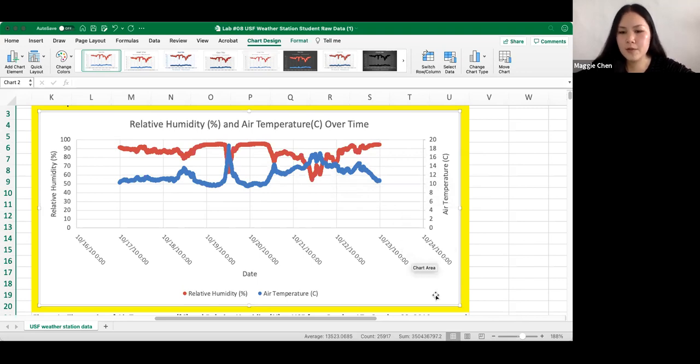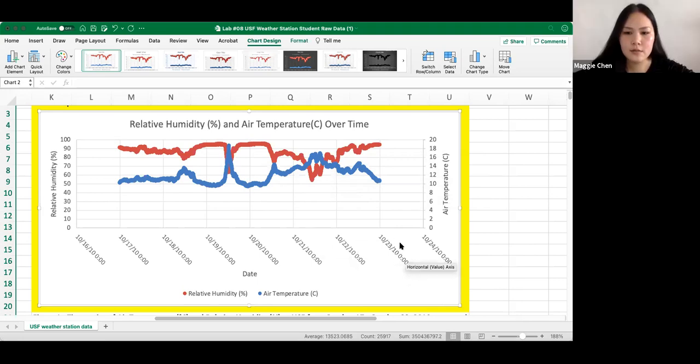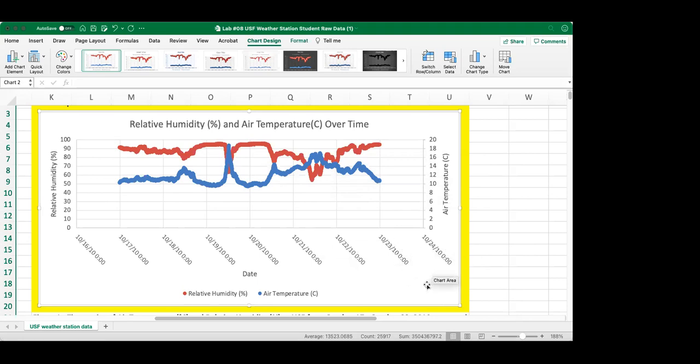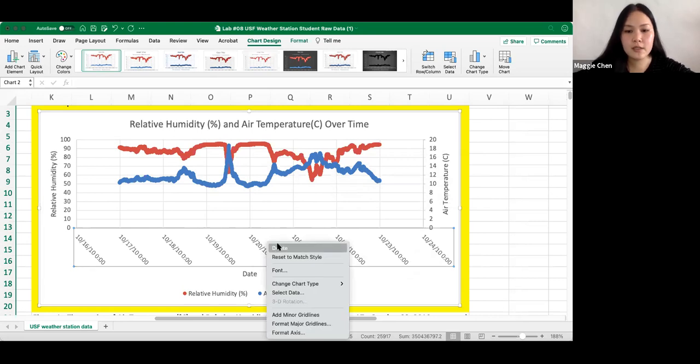Did anybody have any questions about how to make any part of this graph? Yes. Can you go over the dates really quickly? Sure, like how to, like the 45 degrees, yeah. Yeah, so you'll select your dates and you can right click and all of these options would pop up. And at the very bottom of these options is